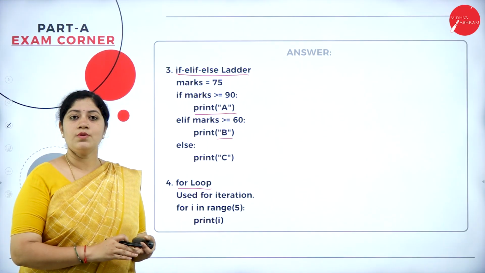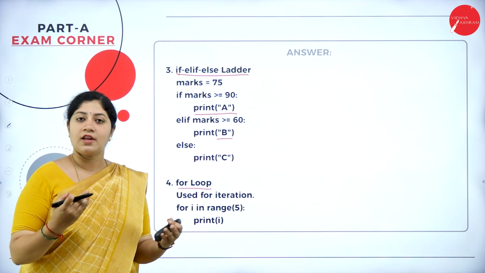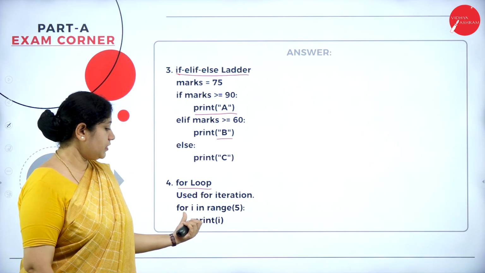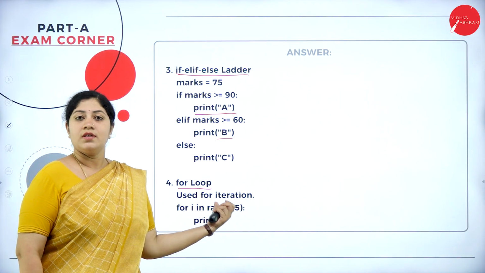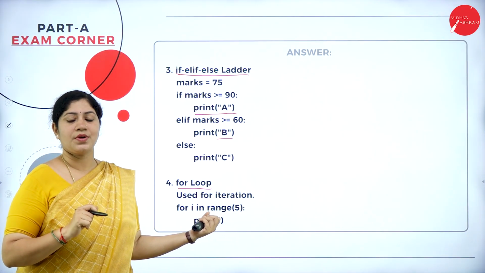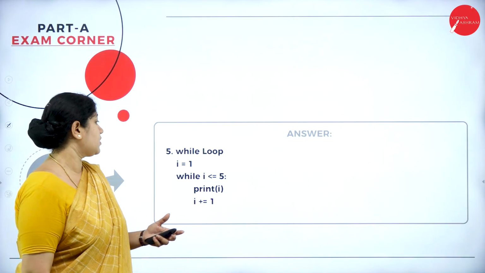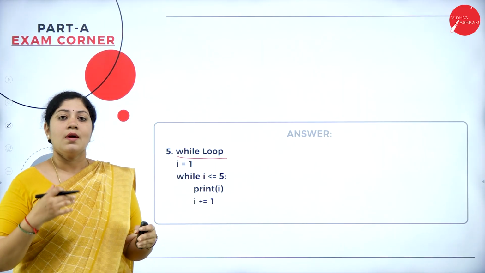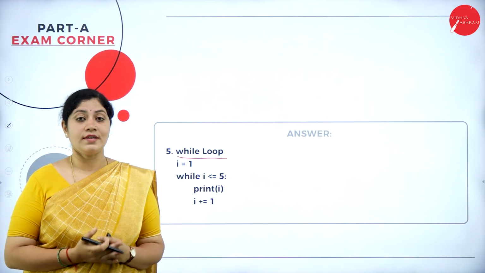The for loop, as we know, is utilized for multiple iterations. Let's see an example, or you can directly write the syntax, then go with the example. Here we are writing for i in range of 5 and print of i. So this is where we are utilizing 5 different cases. Whenever there are multiple cases, we can easily use this for loop. Great. The next conditional statement is a simple while loop. Whenever we have multiple cases, and we don't know what the end of that iteration is,